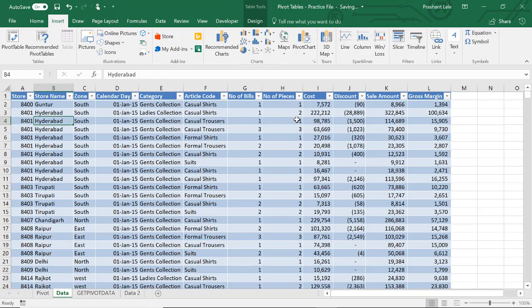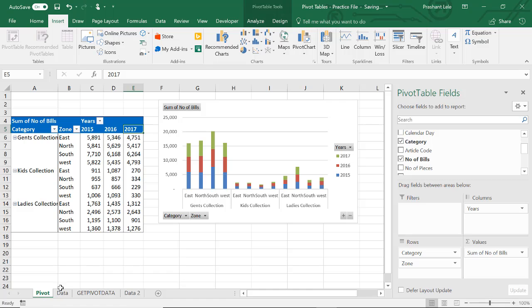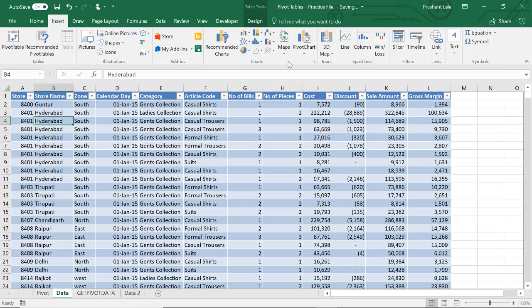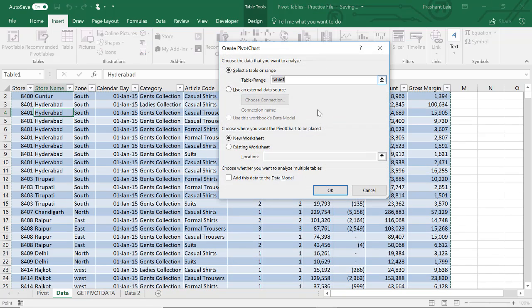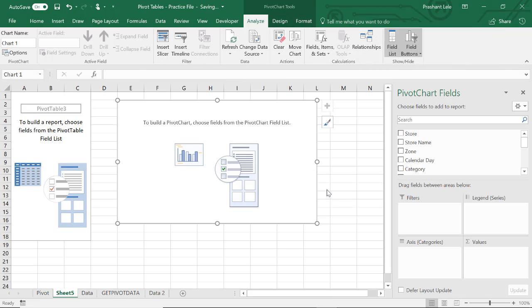Go to insert. Now in this case, you need to go through this option, pivot table, pivot chart. Okay, because now your pivot table is not there. It is there, but we are assuming that pivot table is not there. Only data is available. So go to pivot chart. See, the same dialog which appears at the time of creating pivot table is appearing now. Just the heading is create pivot chart. It will create both pivot table as well as pivot chart. Blank pivot table as well as blank pivot chart.